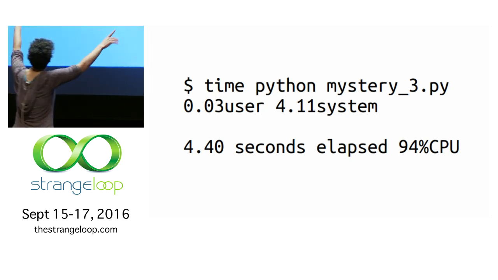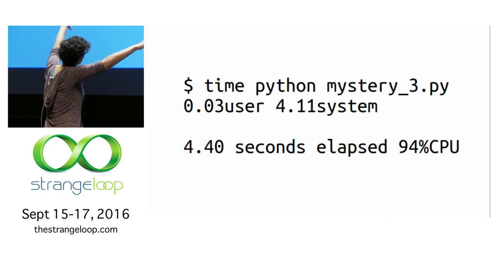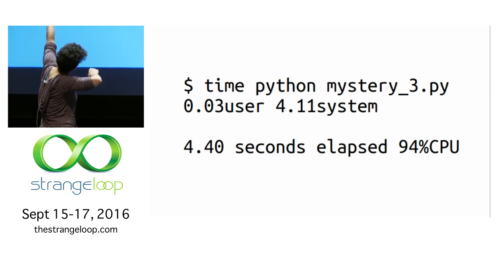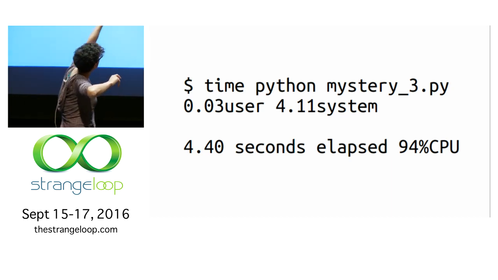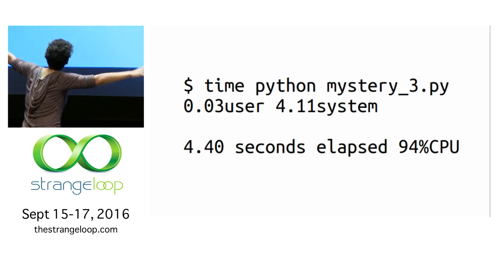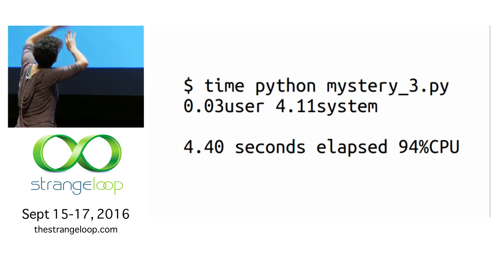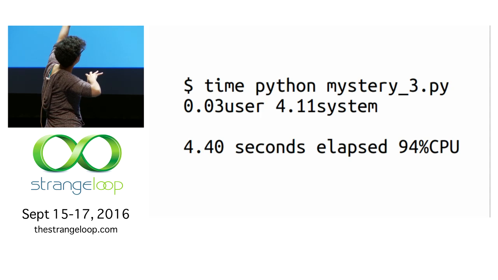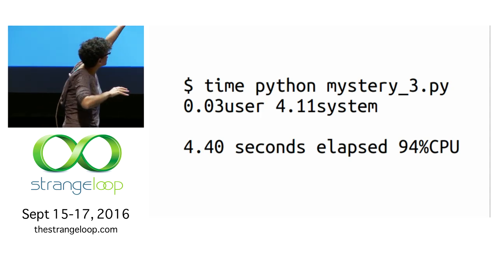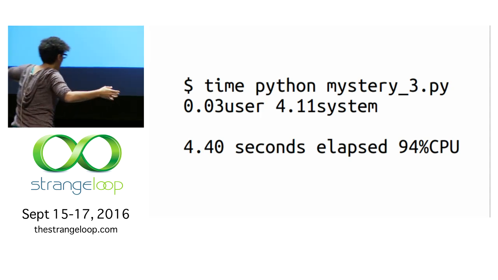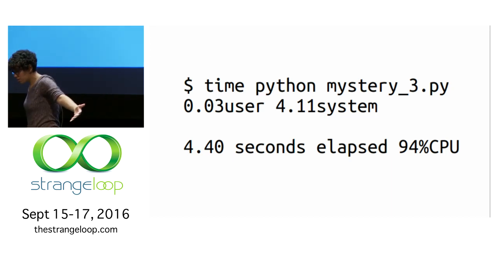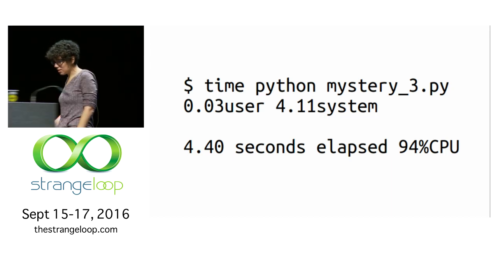The reason that you're wrong is that it splits up the amount of CPU time into user space time and operating system time. And this is kind of interesting, right? So it's not really spending any time in user space. So the program itself isn't doing anything, but the operating system is spending all this time doing stuff. What is it doing? What's happening?